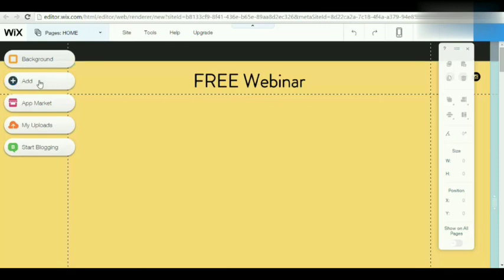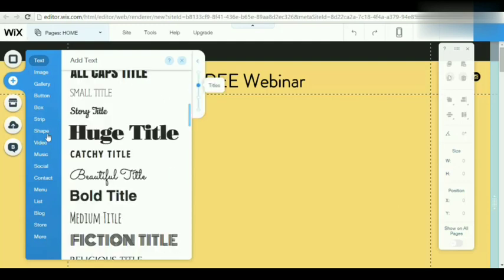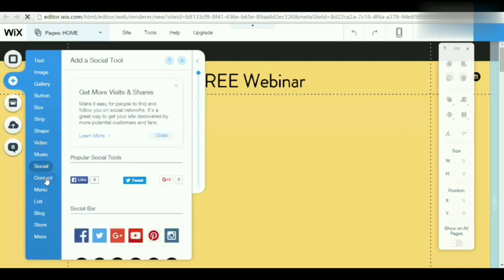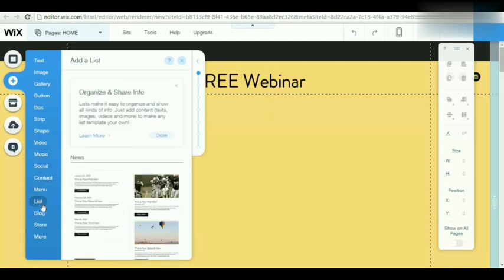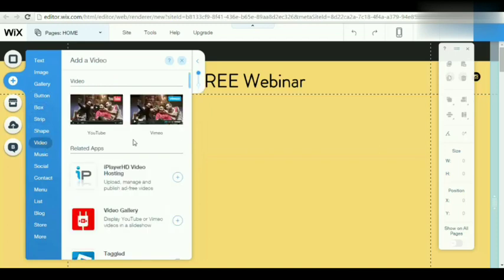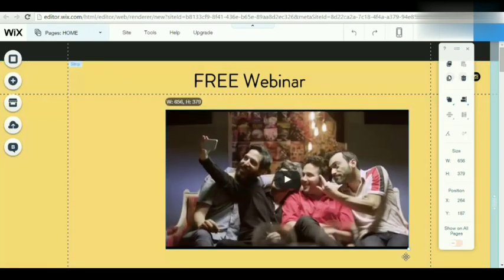Now you go to this option here, to the button add. And here you have different options: shape, video, music, social, contact, menu, list, blog, more. You go to the video part and you select, for example, YouTube. That is if you want to embed on your page the link that your hangout or your webinar will have for YouTube. So you just press the YouTube button, you select the size that you want,